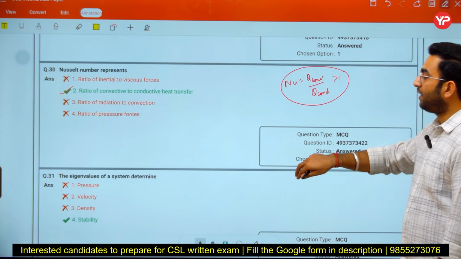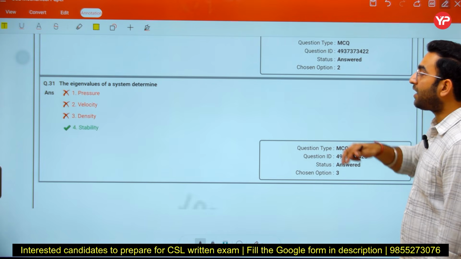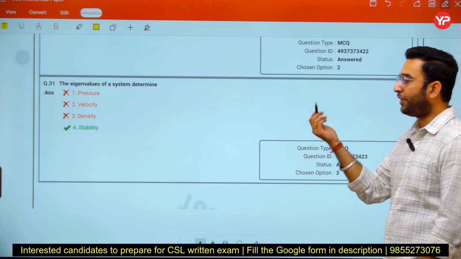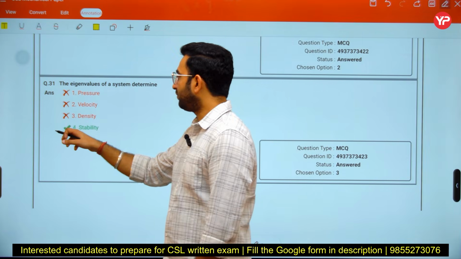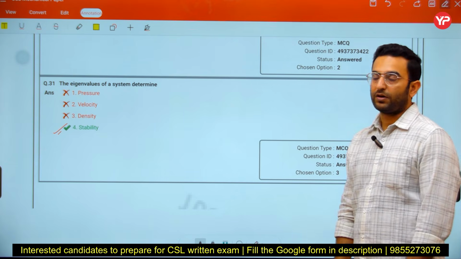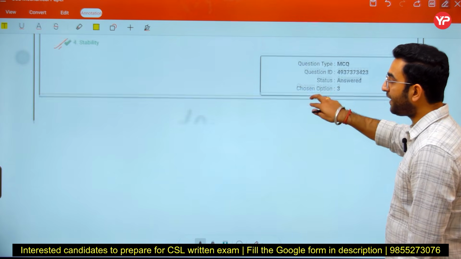Now next part, what do the eigenvalues of a system determine? Pressure, velocity, density. There is no need to read this question entirely because option number 4 is the correct answer. Okay, now next part,